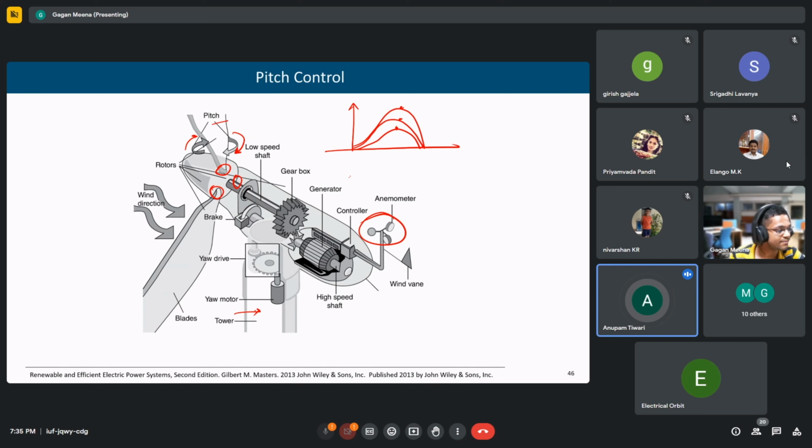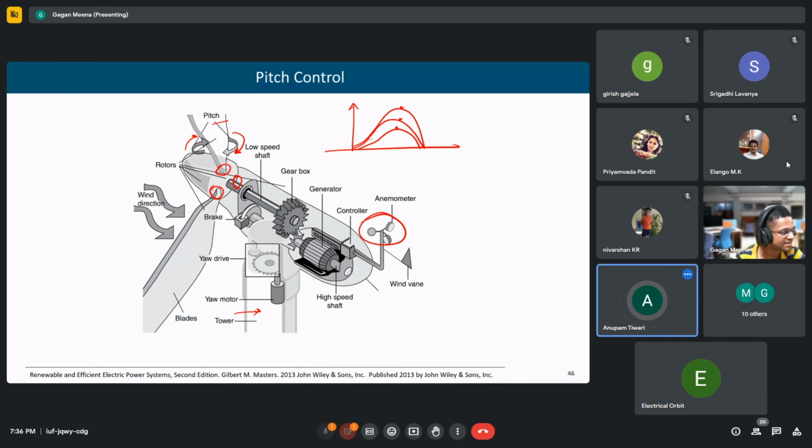But my question is that the RPM is constant. Suppose today it is 100 kilometer per hour, and after 6 hours because of a cyclone it is 200 kilometer per hour. So the RPM must be double of that, no? When there is 200 kilometer per hour. Oh, the generator frequency is the same, no? No, I'm not talking about the generator. I'm talking about the RPM of the wind turbine. Yes, it will change RPM because the wind speed is changing, so it will always be changing. It will never be the same.